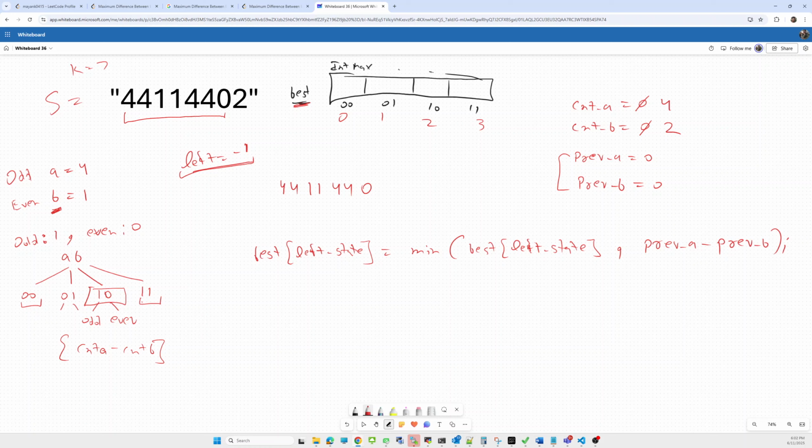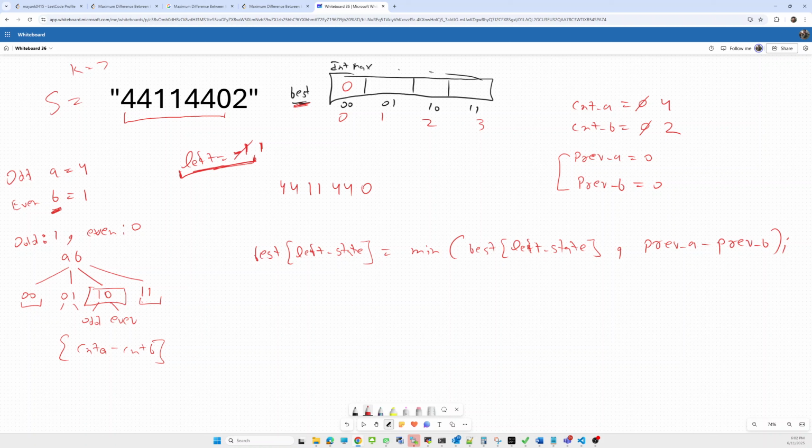Based on this condition we'll update. What will be the difference? 0 0, so it will be updated from 0. Now the frequency of a will update, so we need to move the left pointer by 1, so instead of from -1 it will be updated to 1.